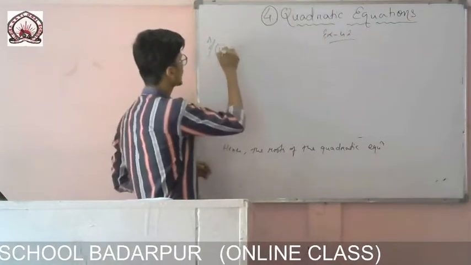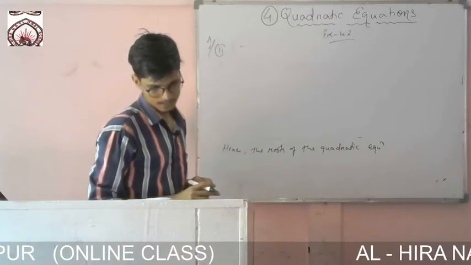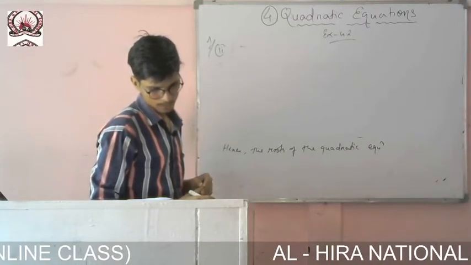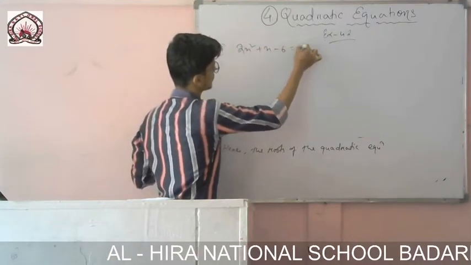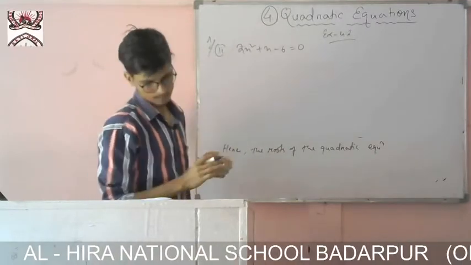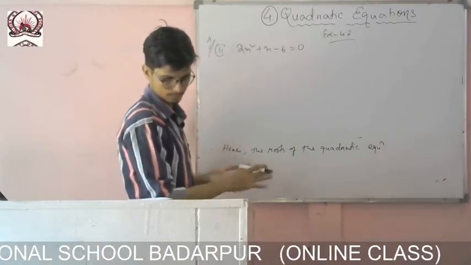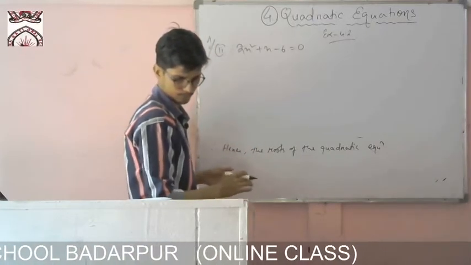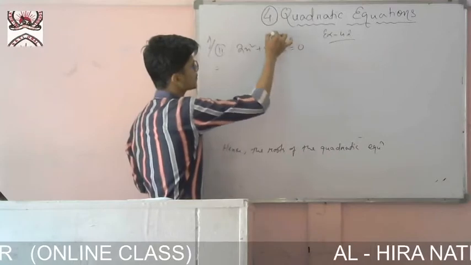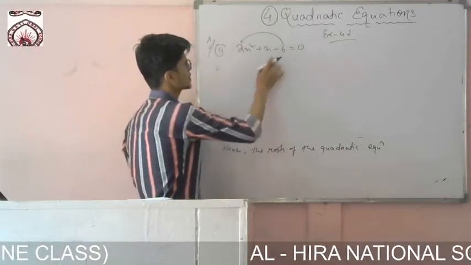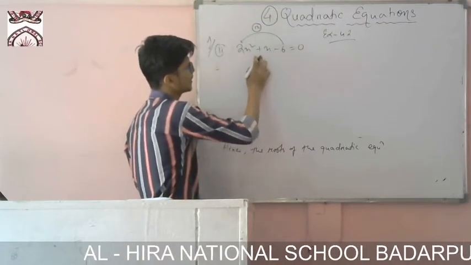Next one you see, Roman number 2, it is given twice x square plus x minus 6 equals to 0. Okay, so now what I have said earlier, first of all what I will do, I will multiply this one with the coefficient of x square. So 6 2s are 12. So now I have to express in such a way that the answer should come 1 after adding or subtracting.